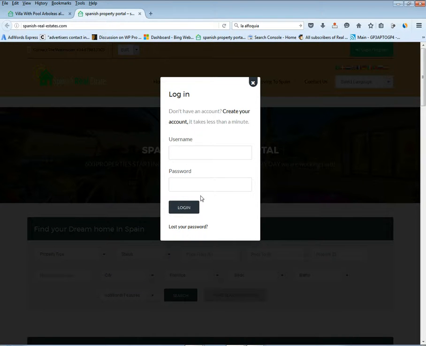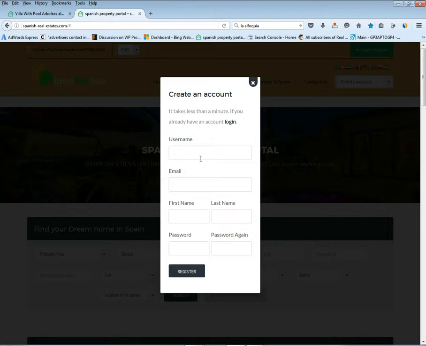Now we haven't got an account. If you do have an account and you've lost your password, you click on that link and follow the instructions and it will send you a new password. But what we're going to do is create a new account here today by clicking on this link here. We need to use a username and input our email address,